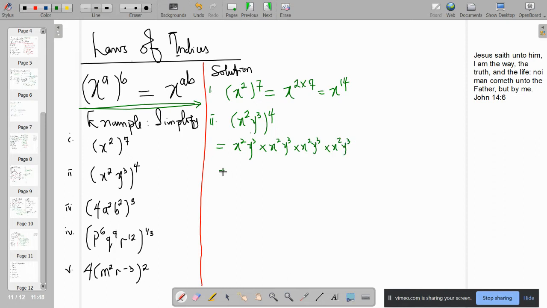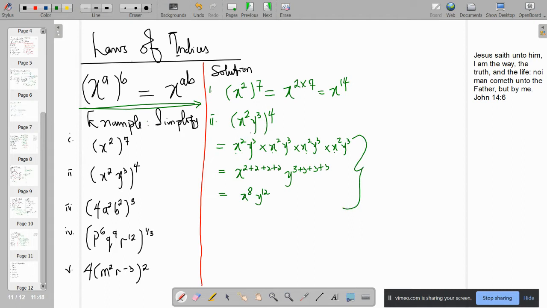So next, we know from the previous laws that typically this will be 2 plus 2 plus 2 plus 2, which is for each of these x that we have here. And for the y also is going to be 3 plus 3 plus 3 plus 3. So that altogether we have x raised to power 8 and y raised to power 12. But instead of going through this trace,